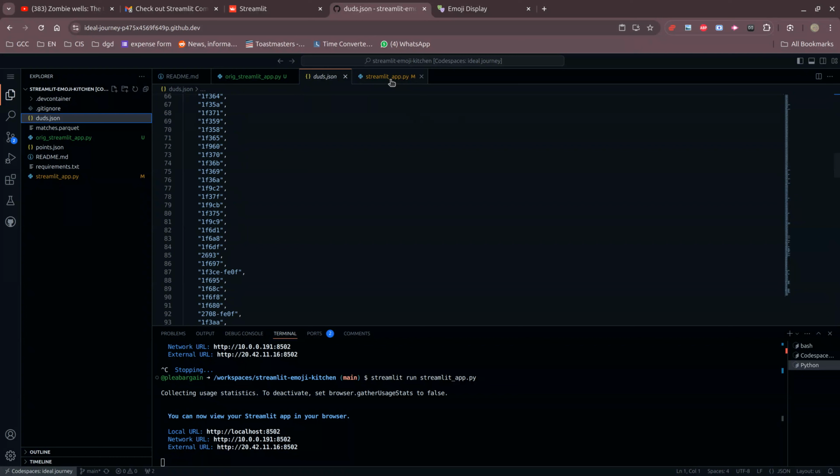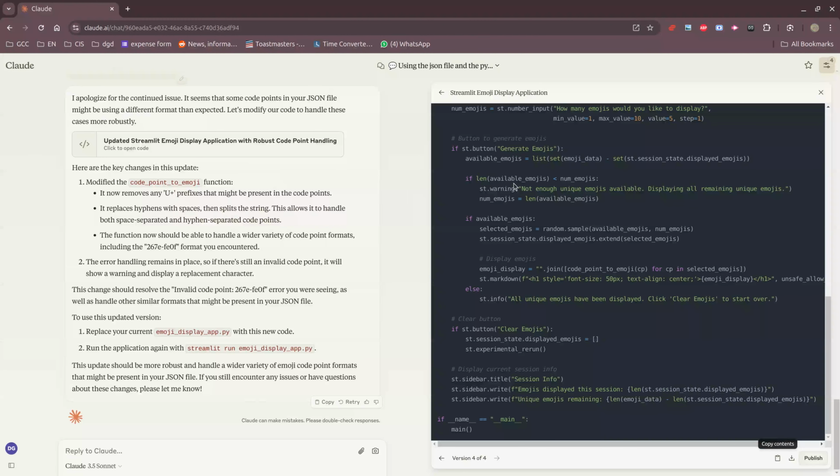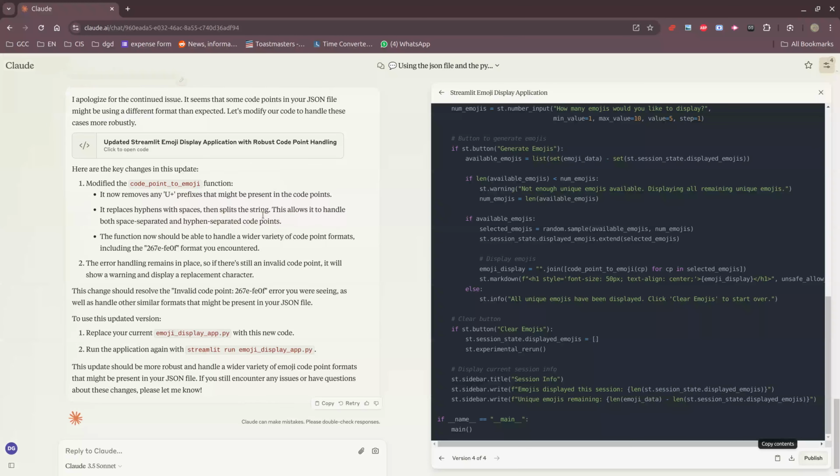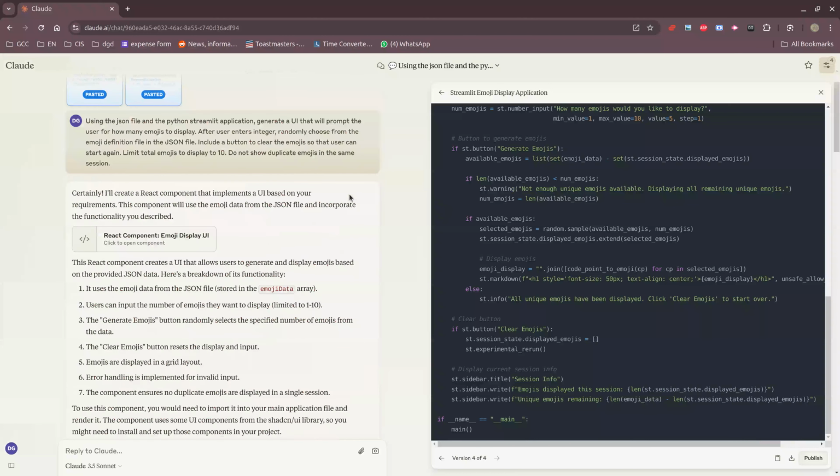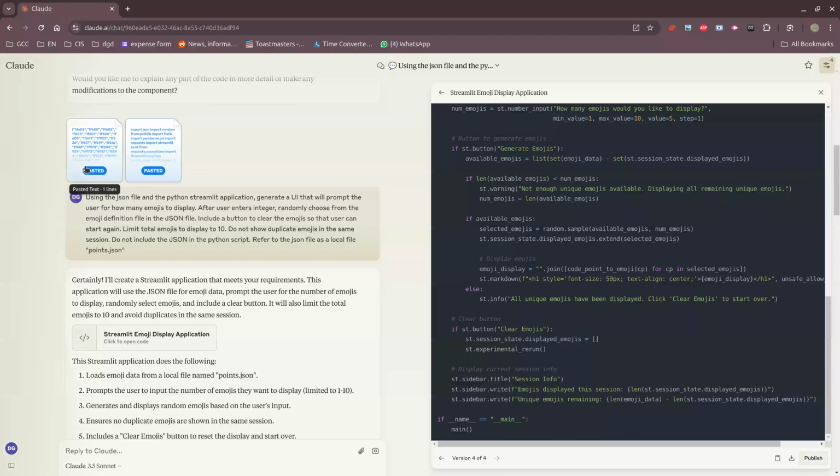What did I create? Using Claude.ai, I passed the code and the requirements to Claude with a description of what I wanted using the JSON file and making sure that JSON is not in the Python script. Otherwise, Claude would have complained about too many data points, too much text. So I made sure to refer to it as points.json. And what it created for me